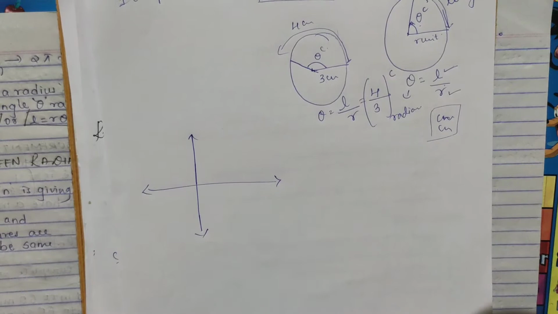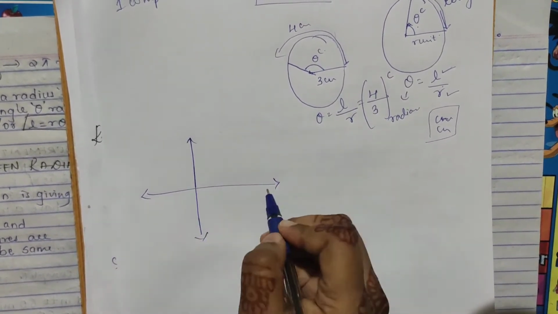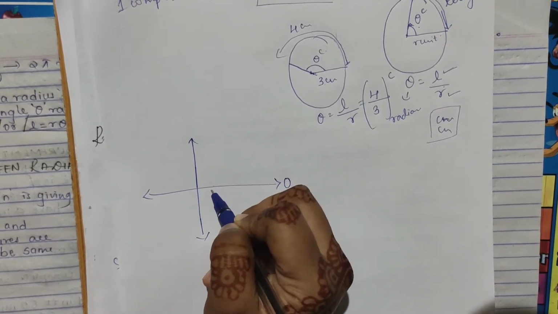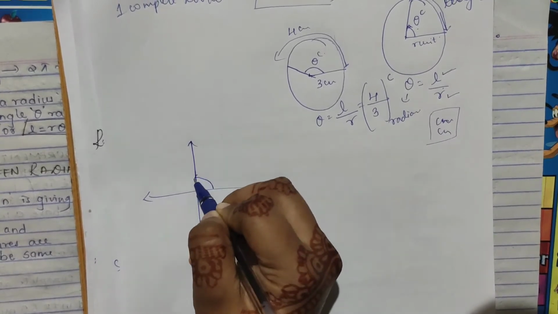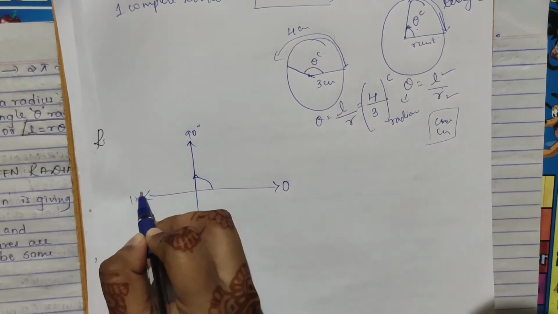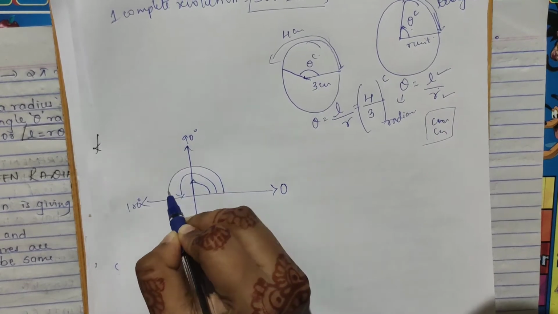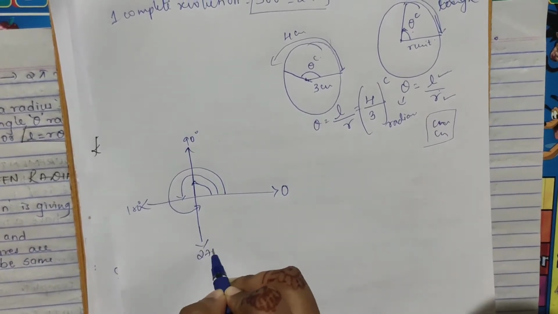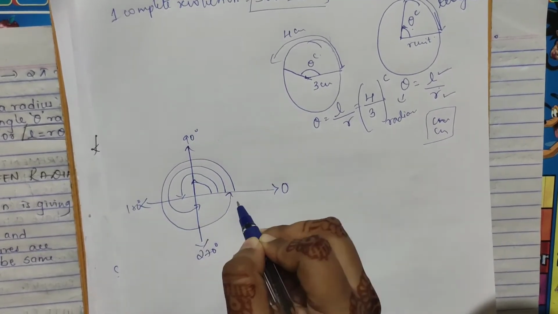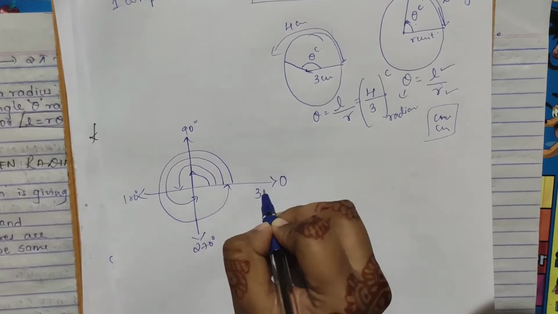So now we'll talk about quadrants and all. See, from here this line, consider it as 0 degree, right? Up to here, if you take this, we consider it as 90 degrees. This will be 180 degrees. Here up to here, this is 270 degrees. And the whole one complete revolution becomes 360 degrees, right? So this makes 360 degrees.